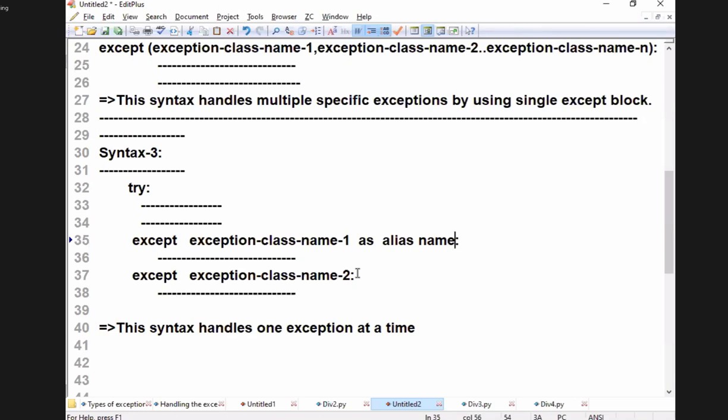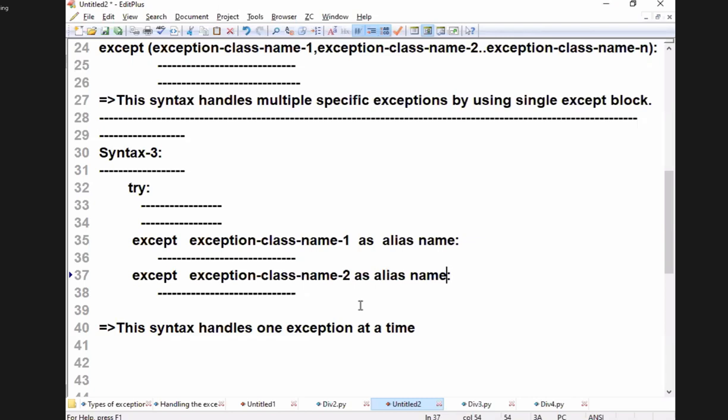Modules: import module name as alias name. From module name import function name as, variable name as. Like that we are using alias names or not? Like that I am using as what? Alias name.